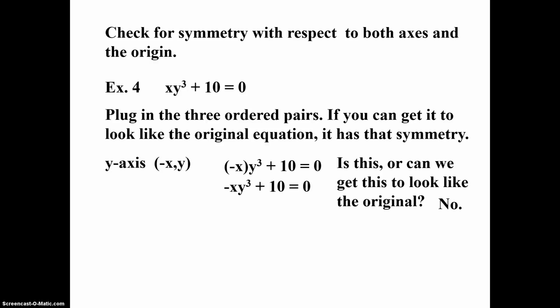So let's see that when we plug it in, we'll get the same thing. So here we go. We've plugged it in, a negative y cubed plus 10. Whenever you cube something that's negative, you're still going to get a negative y cubed. So we end up getting negative